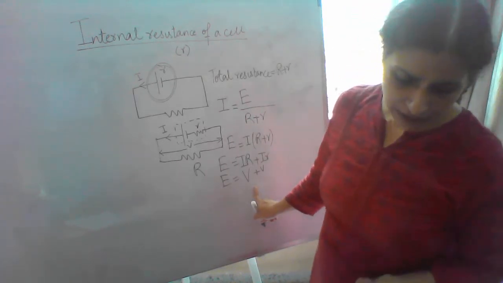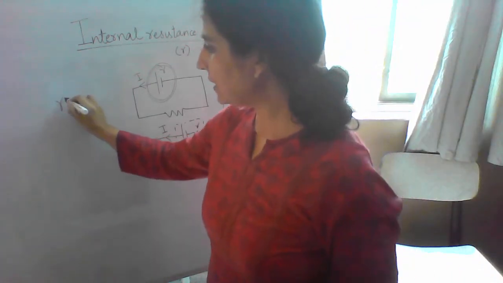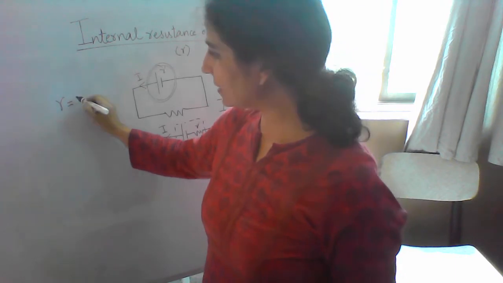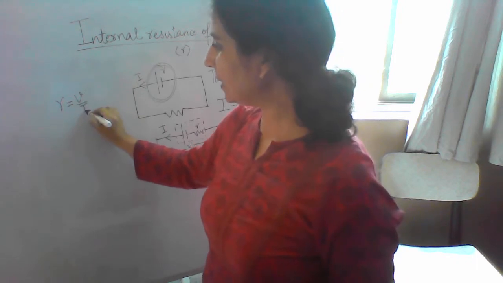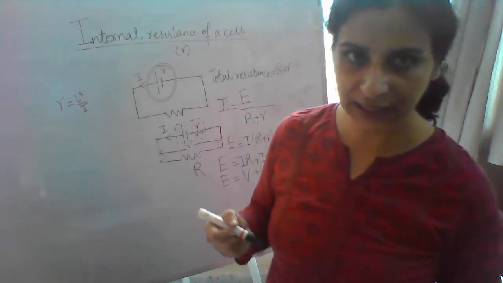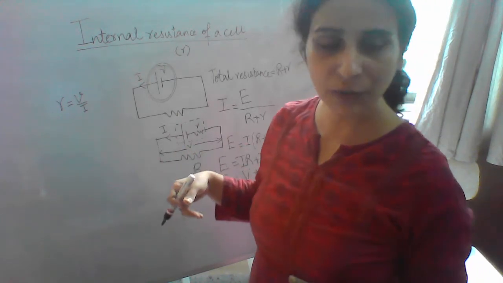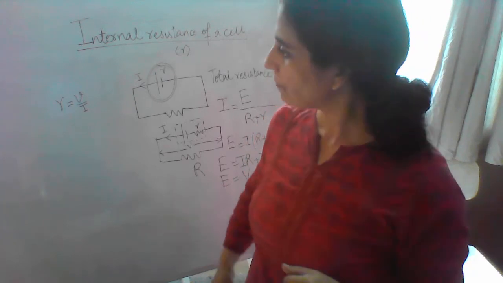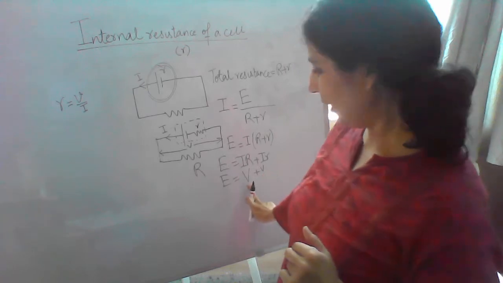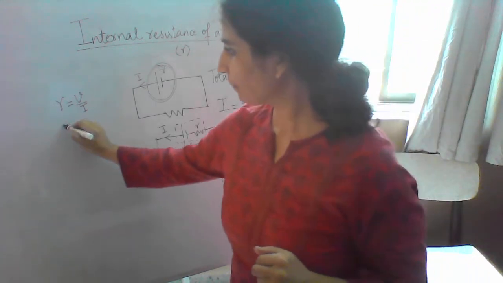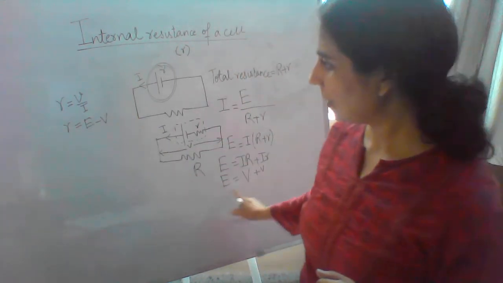Okay, now let us do it in terms of resistors. So r, the internal resistance, is the voltage drop inside the cell itself divided by the current drawn. As soon as I start drawing the current, there will be some resistance inside, so voltage is going to drop. I told you in the previous video, 0.02 volts. Now, what is my small v? It is E minus capital V, which I have taken from this equation, divided by I.